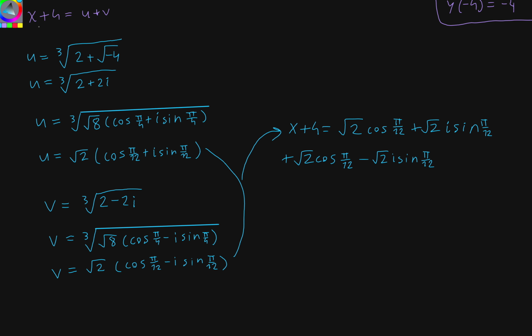So yeah, we can see here the imaginary component is going to cancel out. So then we're going to get exactly 2 root 2